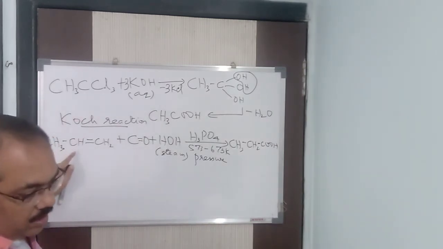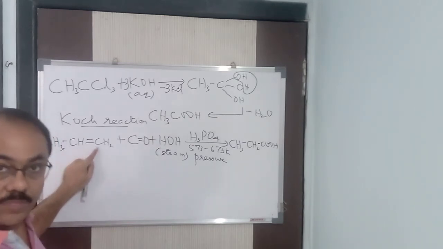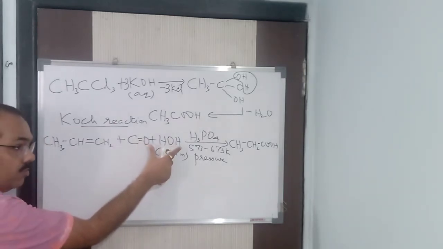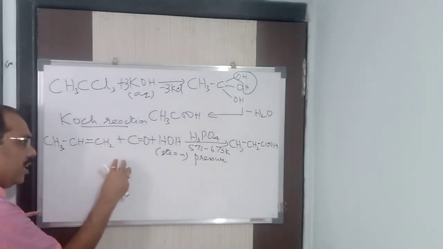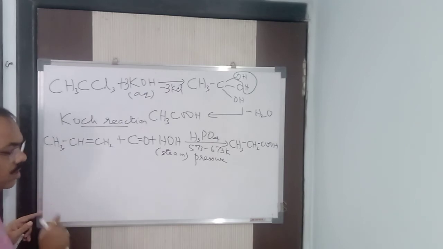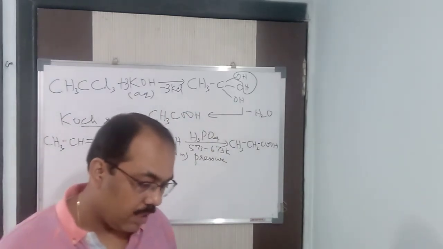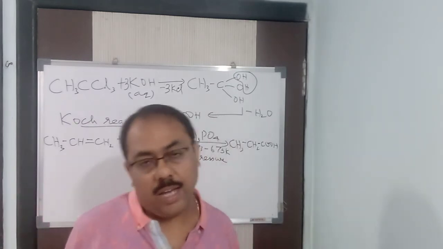So in this way you will get CH3, CH, COOH, and this side CH3. Got it what I said? Again I repeat, formic acid will be formed, and the electronegative COOH group will be added to that particular carbon atom. Why? Because according to Markovnikov's rule, the more electronegative group is added to the carbon atom which has the least number of hydrogen atoms attached to it. So COOH group is added here and H is added here. So what you will get is CH3, CH, COOH and single bond CH3. It is nothing but 2-methylpropanoic acid, or isobutyric acid.